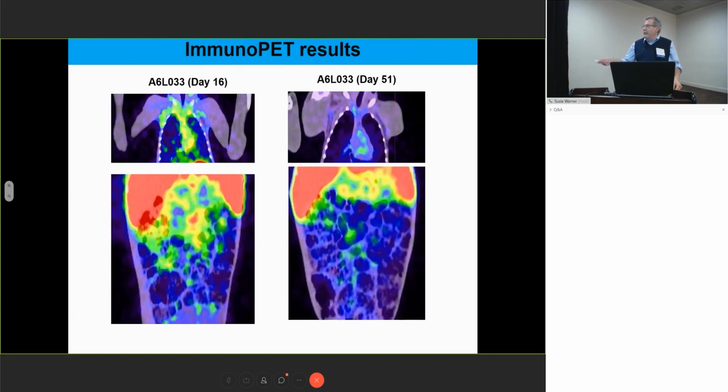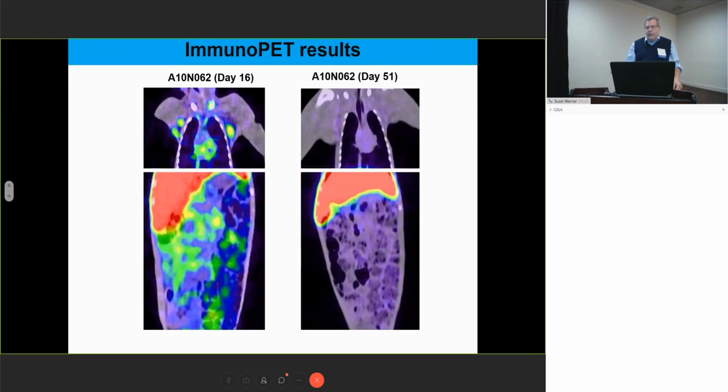The viral loads in this animal had dropped quite a lot, and so you can see changes that are really easily detectable. This is using PGT121. This is another animal whose viral load really was undetectable at this point. There's not much signal in it. This was on day 16. I can talk more about it.